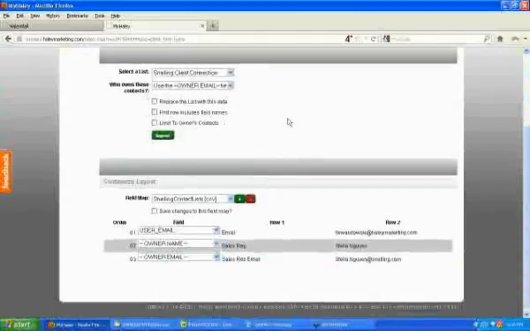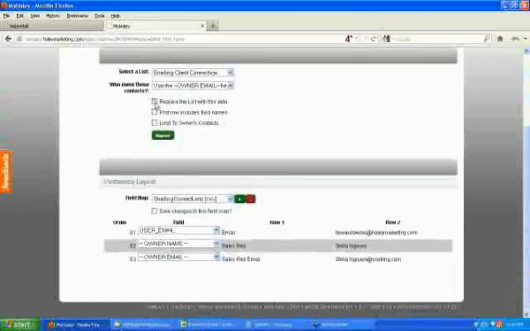And then there's two different ways that you can upload data. One, you can upload a master list, which is essentially you just take your master list every month. Throughout the month, you'll make edits to it, and then you'll do a full upload. You can also just upload additions. So if you've just got a list of a few names that you want to add to a list, you